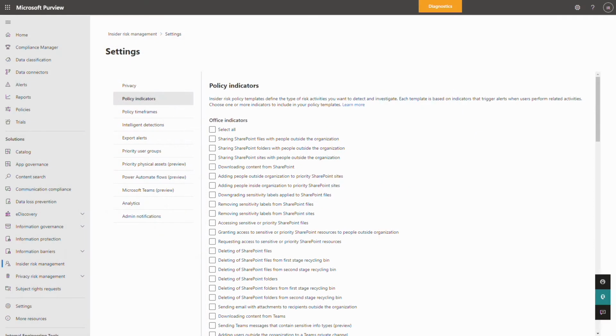Which brings us back to settings and policies. Insider risk management is all about indicators. When it comes to setting up policies for your organization, you are in control. All of these indicators that are used within a policy are explicit opt-in only. We want you to be able to select the right indicators for your organization across your Microsoft 365 digital estate and beyond. You can select as many of these indicators with a single click, with no data feeds to set up, no data normalization needed, and nothing to ingest. We pull in what signals you want, but you are always in control.